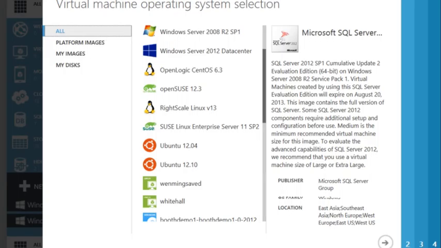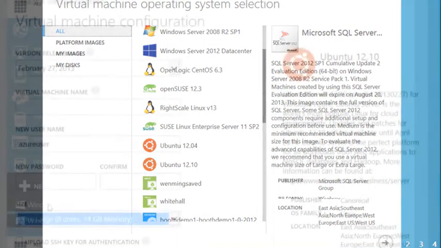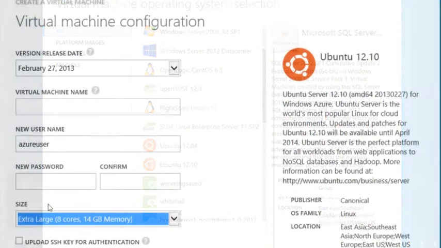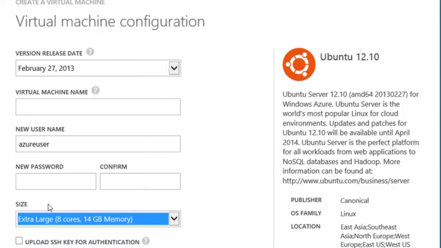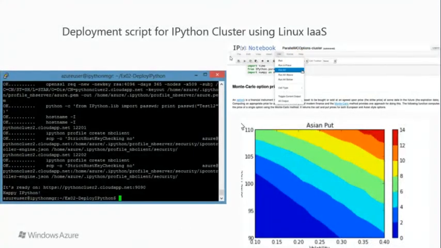You can also upload your own. So you can create a VHD and upload that to be used on Windows Azure. There are tools that allow you to convert VMware images onto VHD, and then you can upload them onto Windows Azure. So it's pretty straightforward. And as I was telling you guys earlier, I have scripts that can deploy clusters of them. So it's simply using the Python SDK to spin up instances.